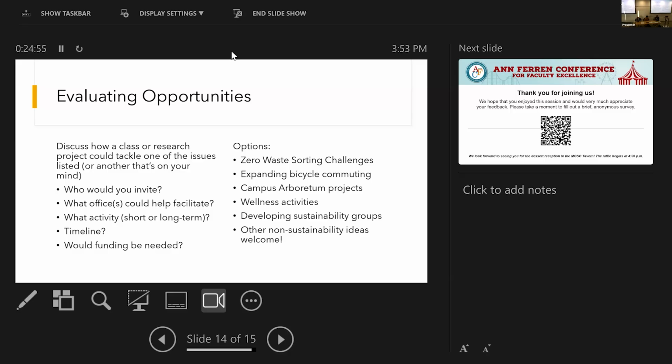What activity would be involved in solving your problem? Would it have a short-term element, a long-term element, both? In the case of the birds, for instance, the project itself to put the bird stickers on can be short-term, but then let's do it every semester and turn it into something that's long-term. What would be the timeline for it? Is there a lot of lead up to whatever you're coming up with? And then would there be funding needs? So go ahead and split. There's 4, 4, 4, and 4. And at the end, we'll come back and have some report outs for what you considered.